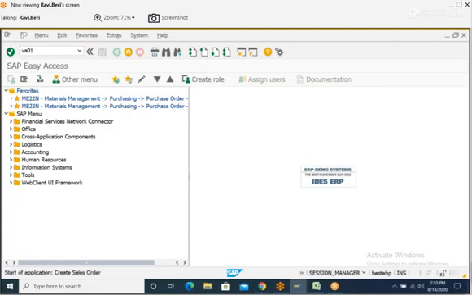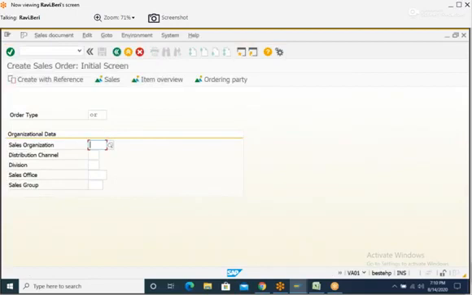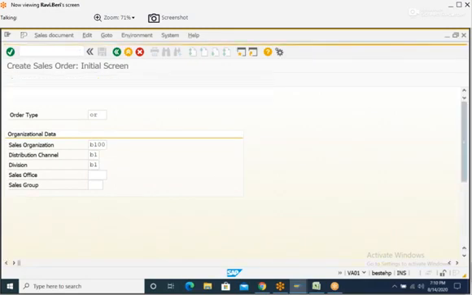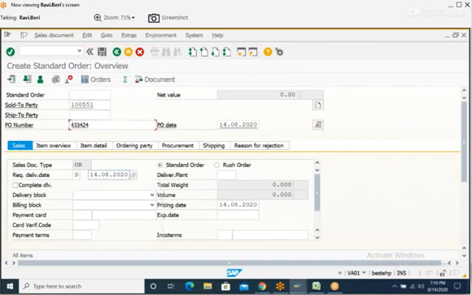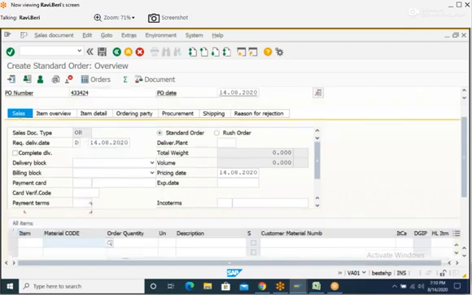So in our case, we have customer 100551, vaccine 1000. If you go and check, this customer is eligible for all 4 discounts.